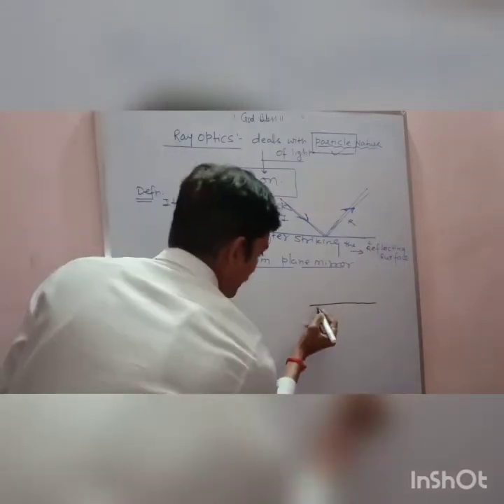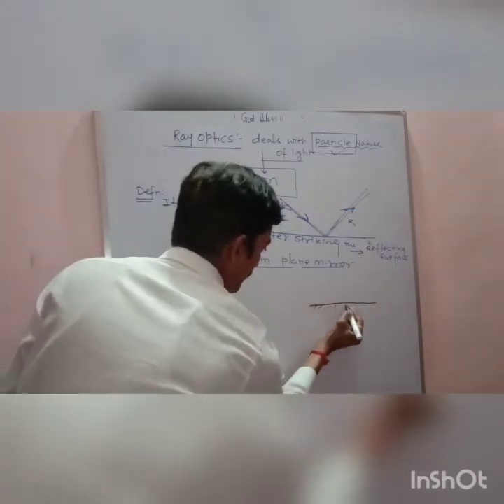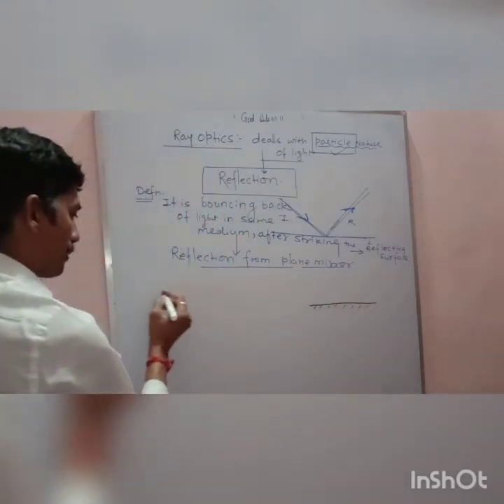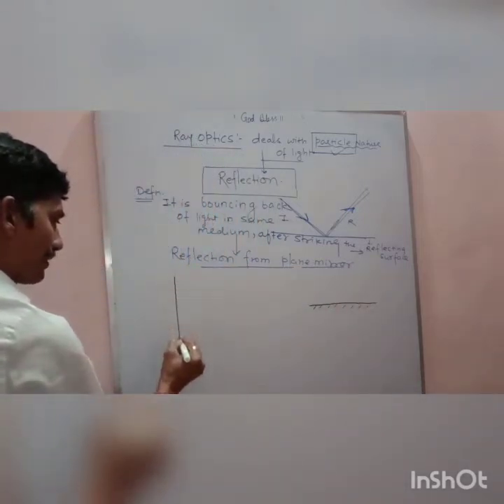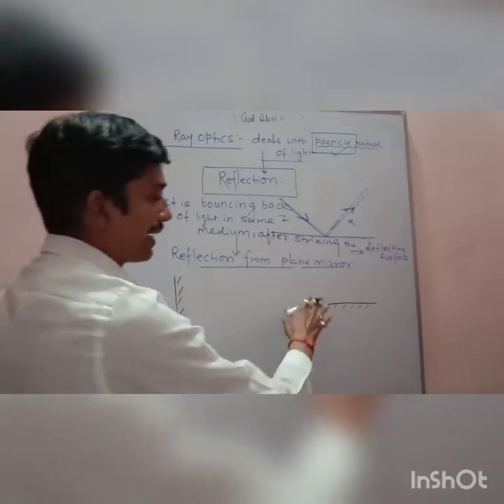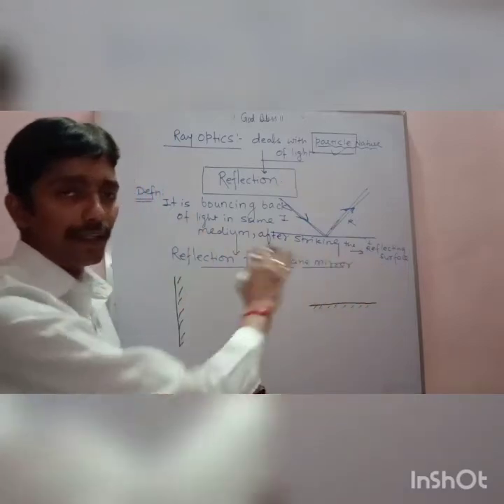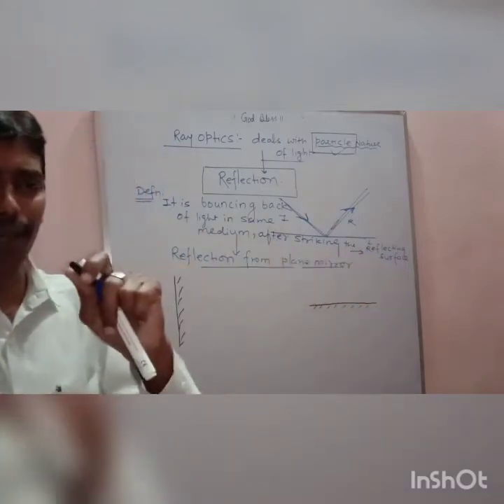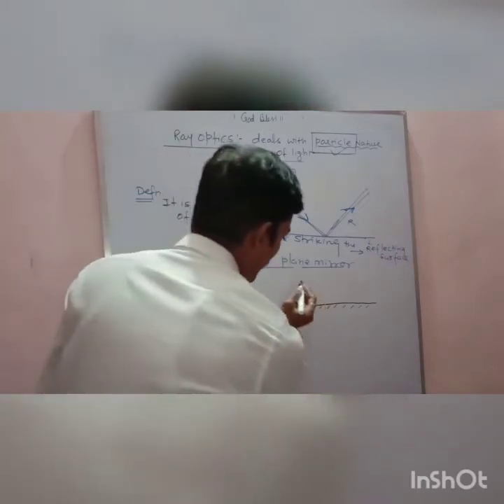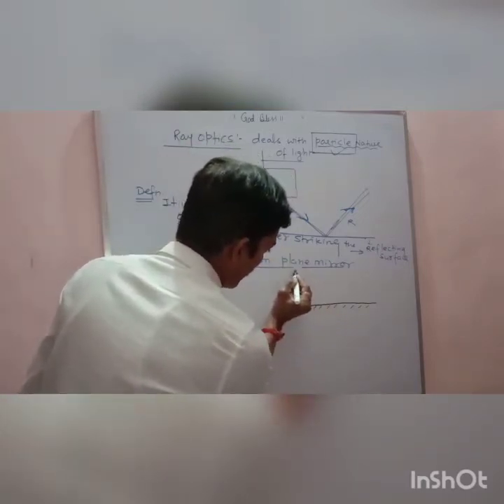And this plane mirror I kept horizontally. You can see in my diagram, the plane mirror I kept vertically also, like this. But this plane mirror I kept horizontal over here. Am I clear? Normal diagram, everybody is aware of this diagram. And for example, my dear, say there is an incident ray